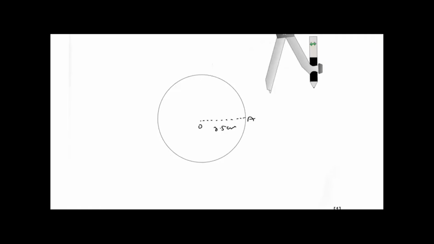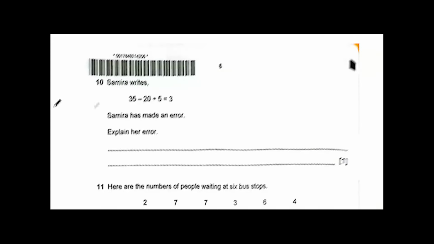So let's go to the next question, and that will be question 10. Samira writes, 35 minus 20 divided by 5 is equal to 3. Samira has made an error. Explain her error. So her